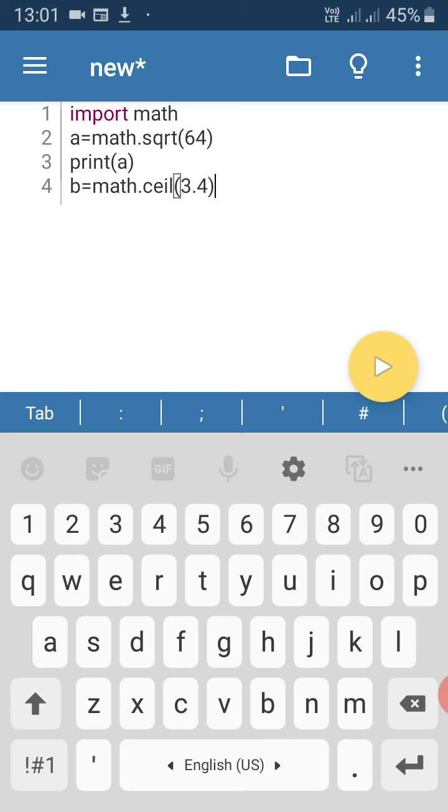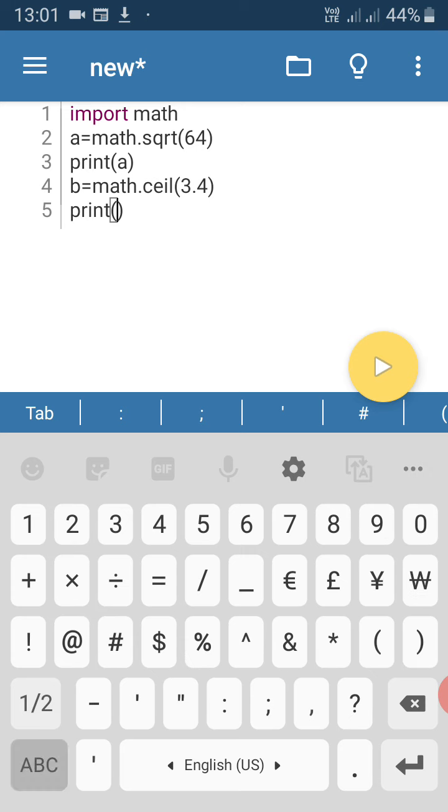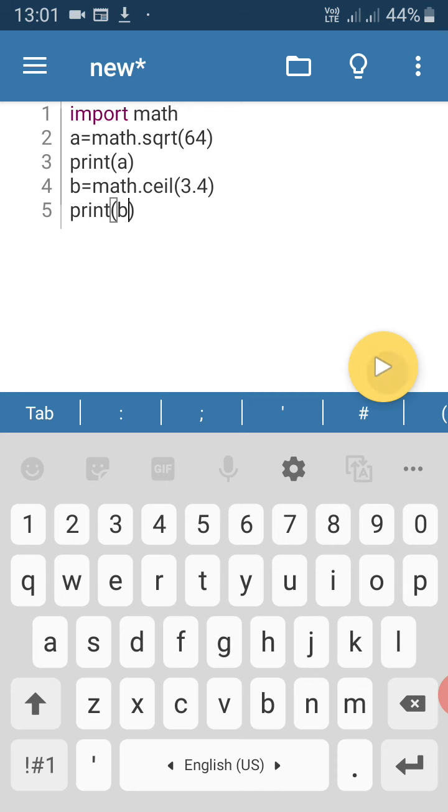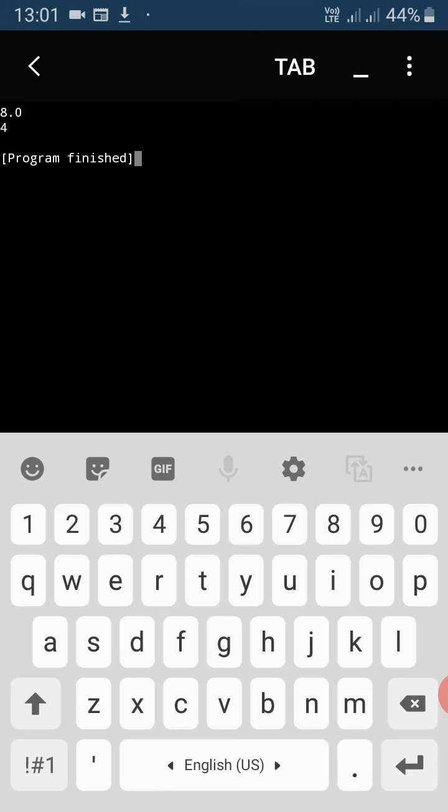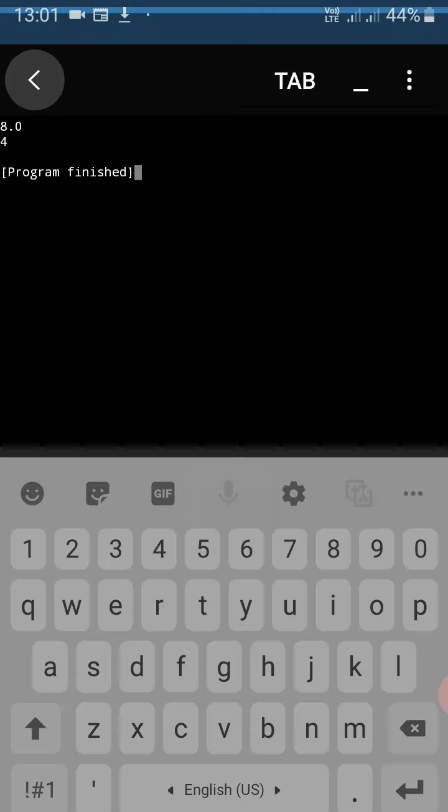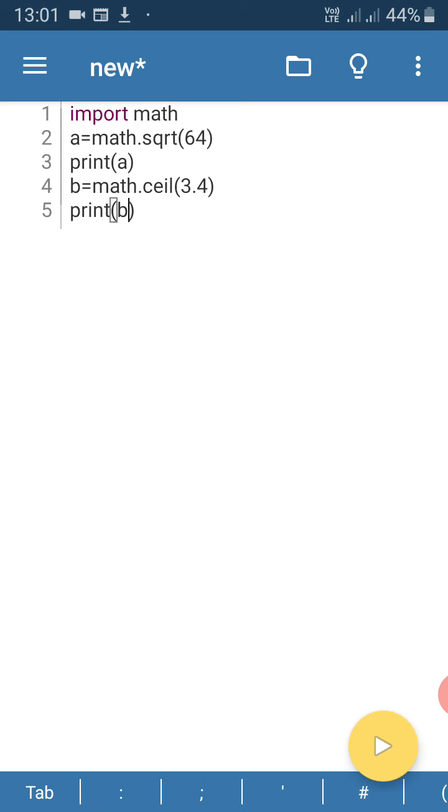It will return the smallest integer that is greater than or equal to x. That means for 3.4, it will return the nearest greater integer. Now execute it. It will return 4. Clear? The ceiling of 3.4, the smallest nearest integer value, that is 4.